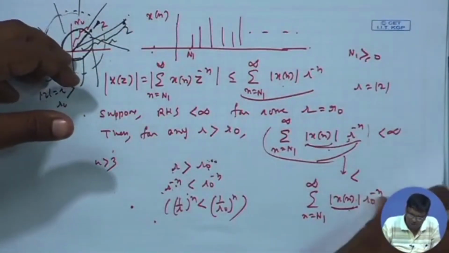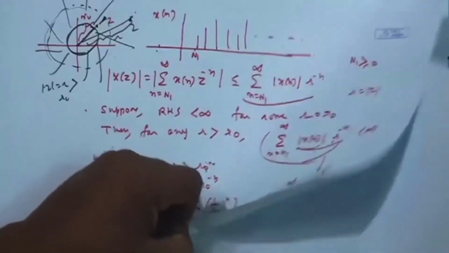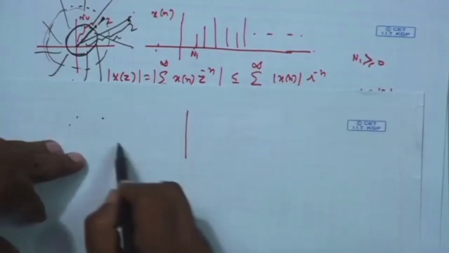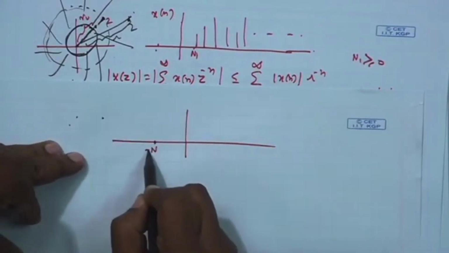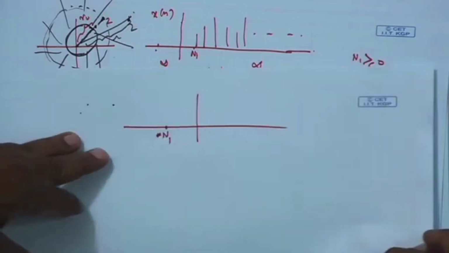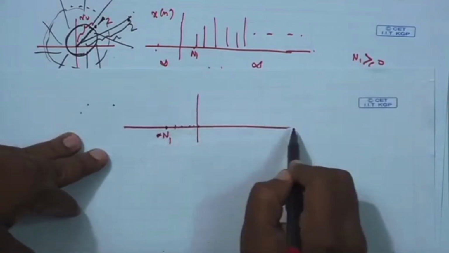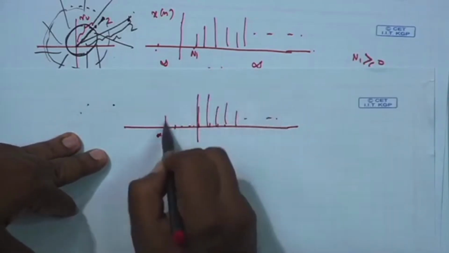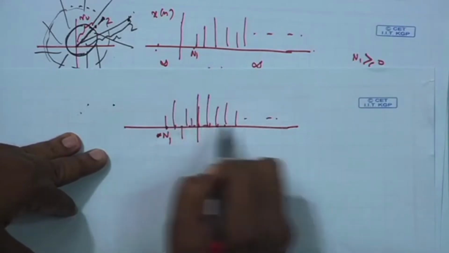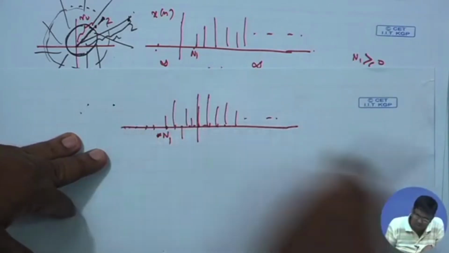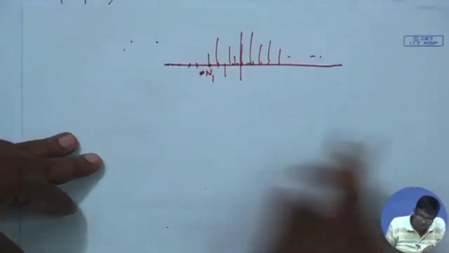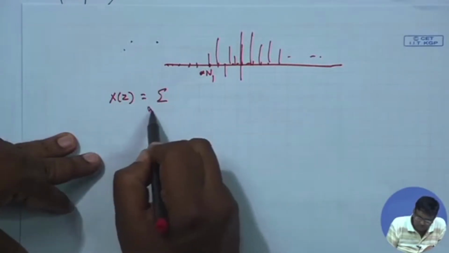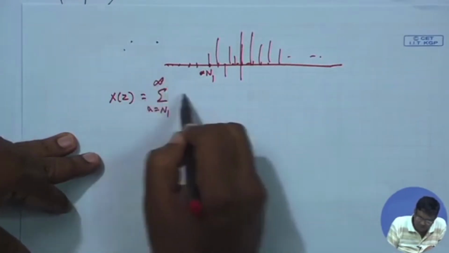Now, I make it more general. Suppose the sequence is right sided, but it starts at a finite negative value n 1, where n 1 is a negative number, and then to the left all zeros. Then the z transform, as before, n will start at the negative value n 1 up to infinity,